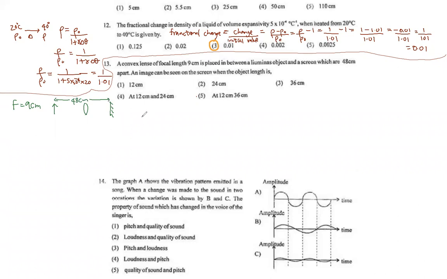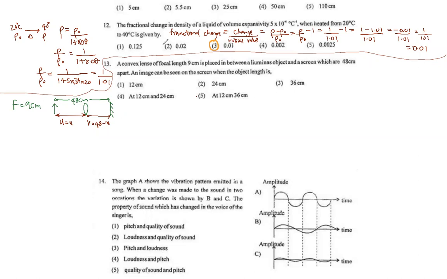An image can be seen on the screen when the object length is right. If I take the object length as x, so u is equal to x, what is the image distance? Image distance is going to be equal to 48 minus x, correct? It's going to be 48 minus x, because this is the image distance and this is the object distance, and the total is 48, because we will be getting the image on the screen, and the focal length is given